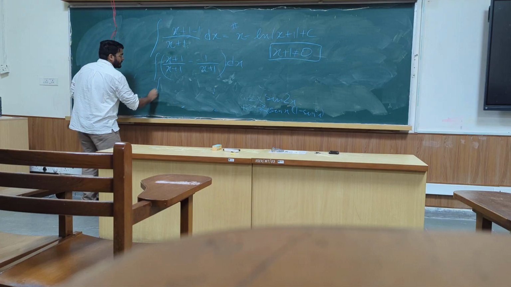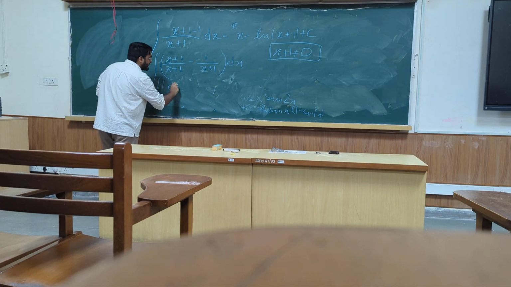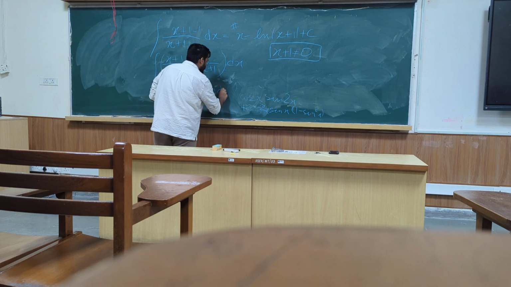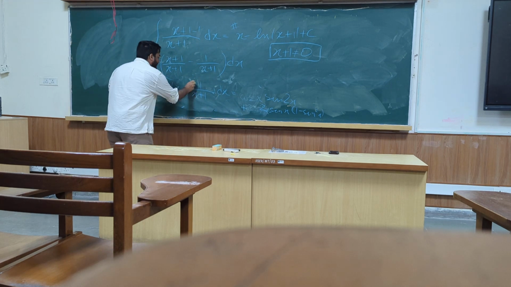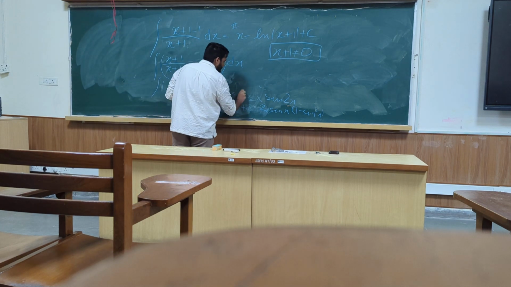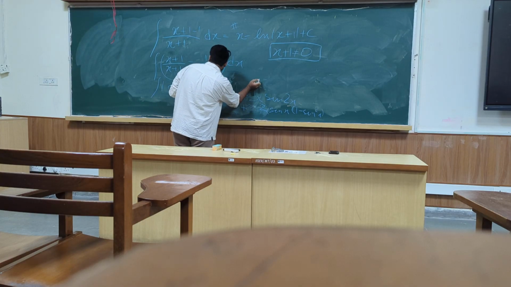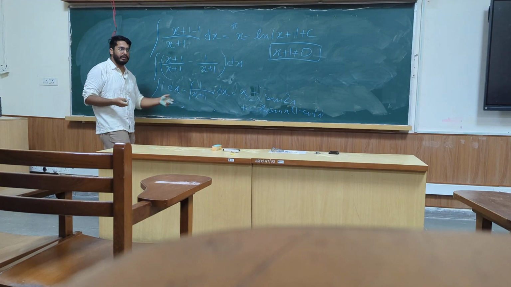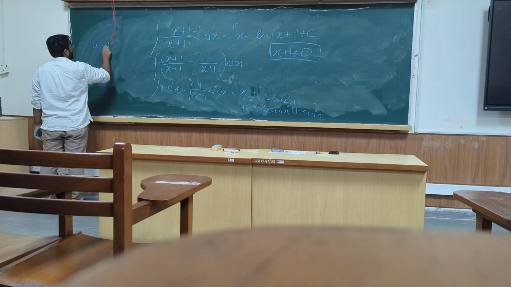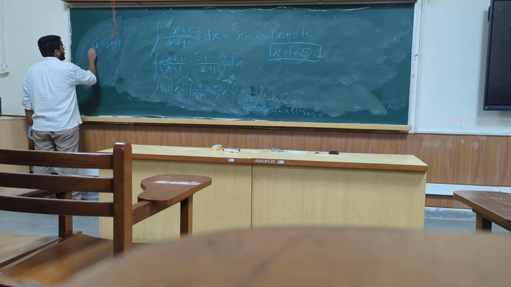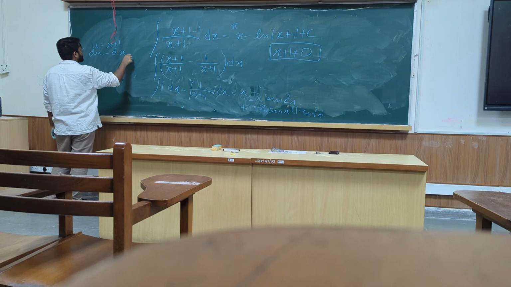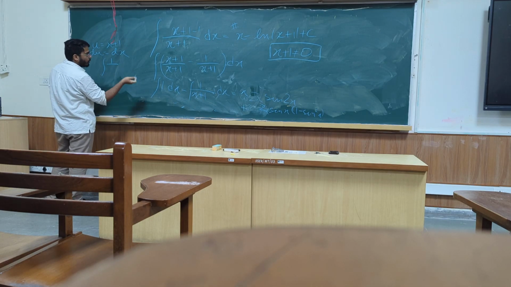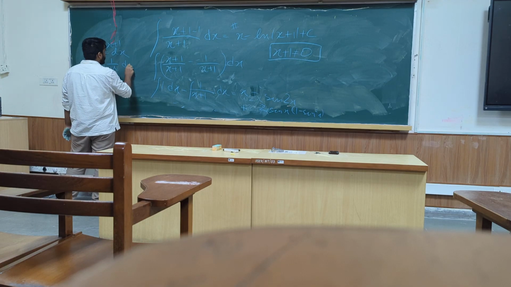And here I get 1 dx minus 1 over x plus 1 dx. Like initially planned, 1 dx yields x, and I have a minus here. And I take x plus 1 to be my u. So u is x plus 1, du is directly dx, and then that integral becomes 1 over u du,